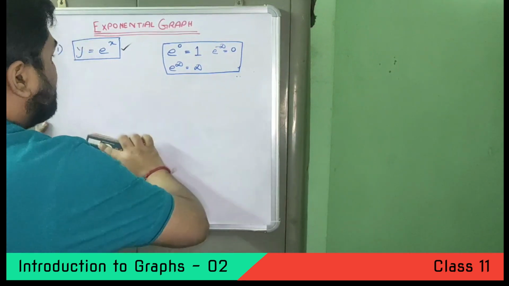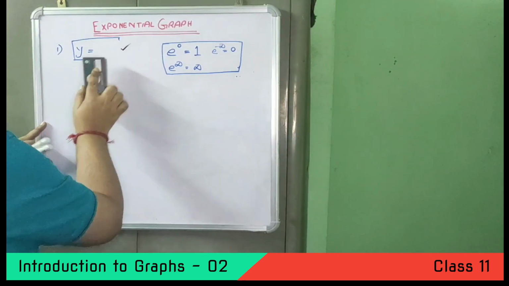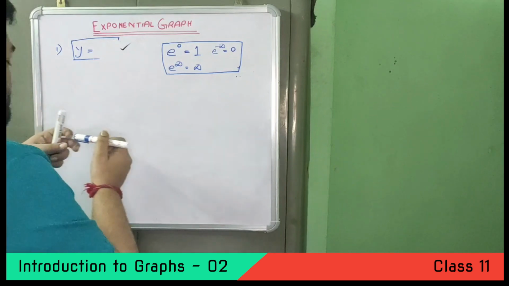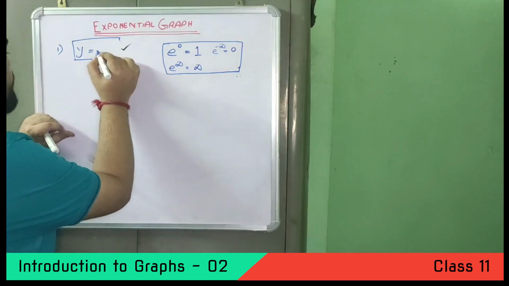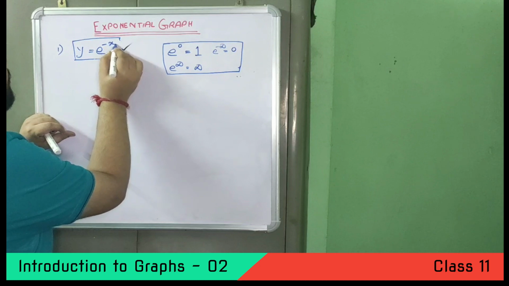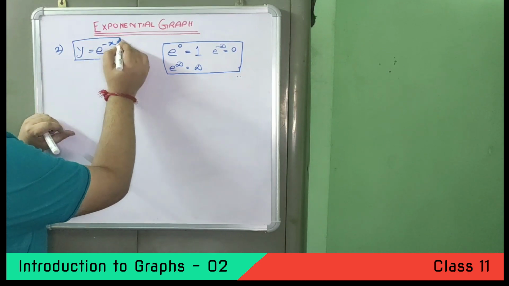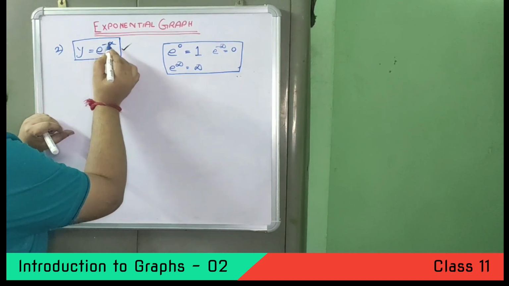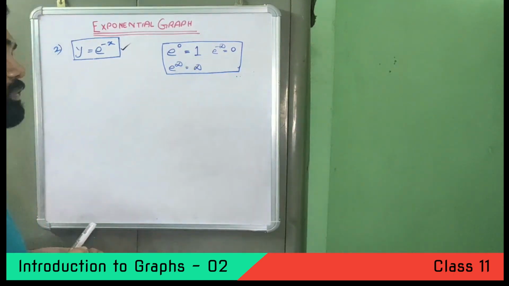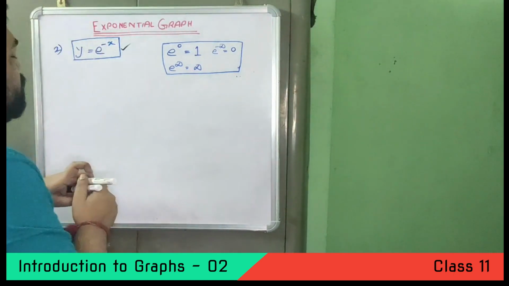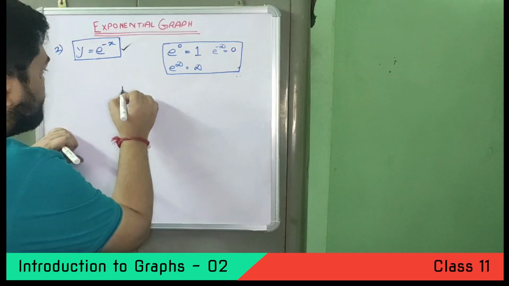It is almost the same, just there will be a slight change in the equation. Here it will be e to the power minus x. This is equation number 2: e to the power minus x, and this value will remain the same. Now again we will consider a plot,